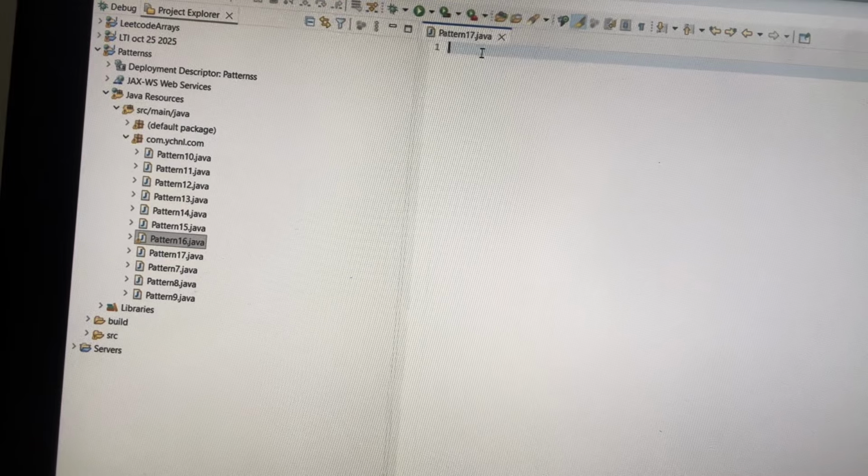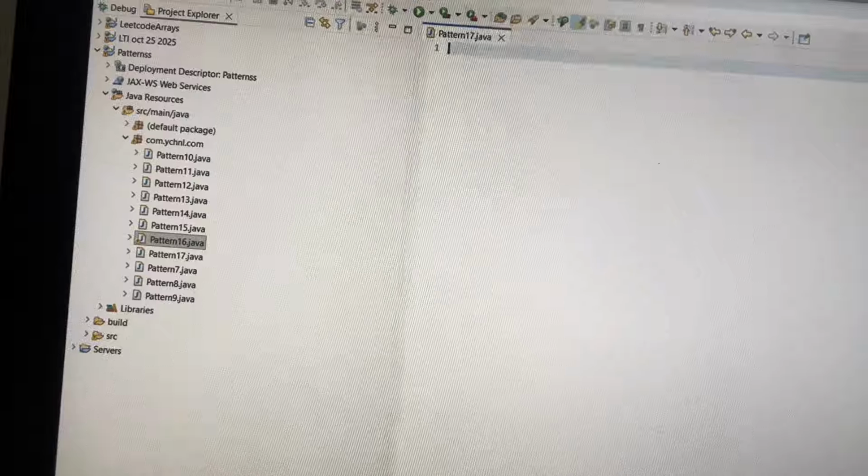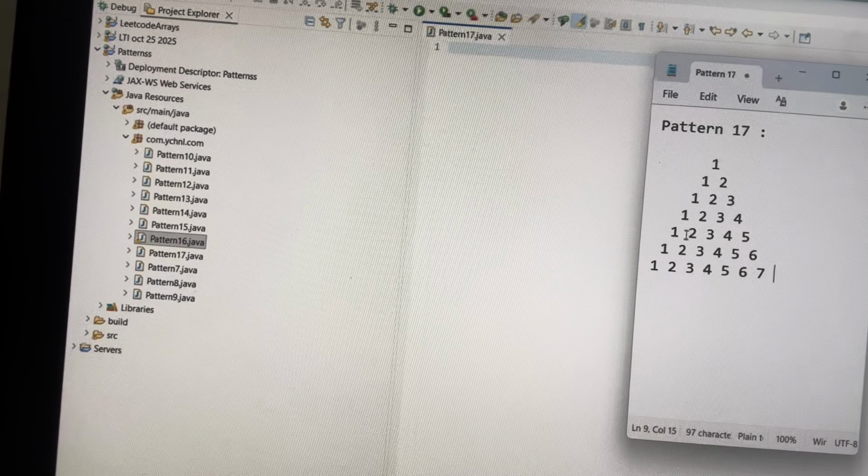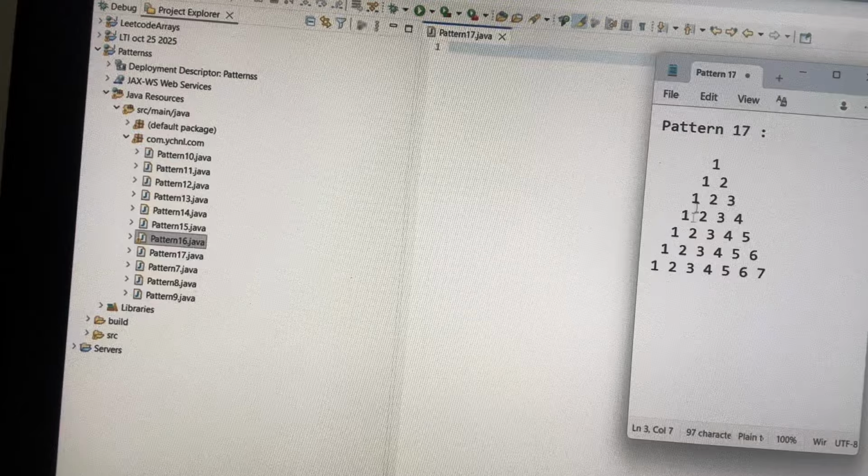Hi friends, today we will discuss this pattern. We'll see how to write a Java program to print this pattern. If you see this pattern, if you see all the rows,